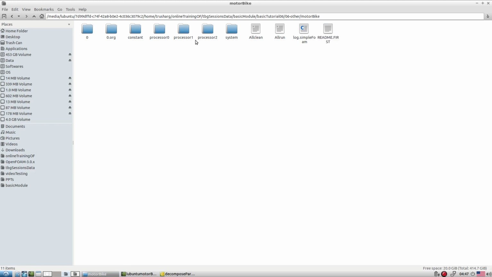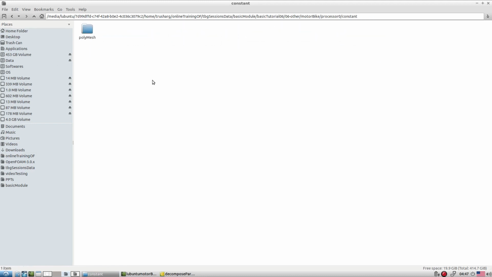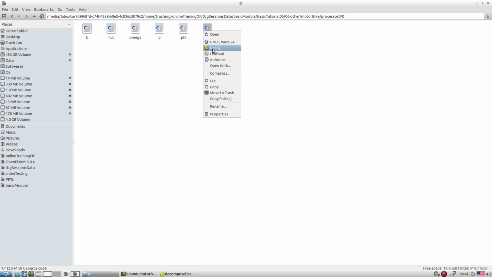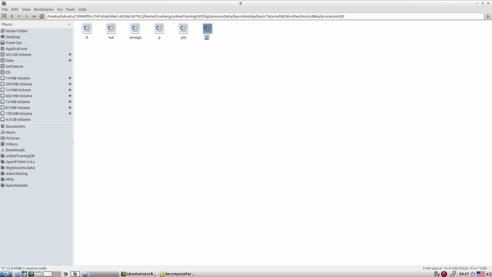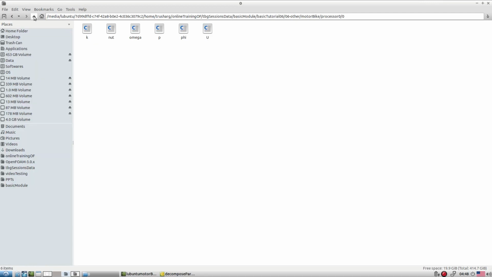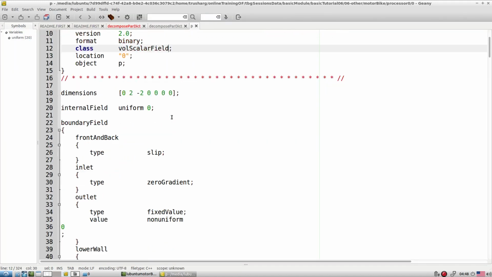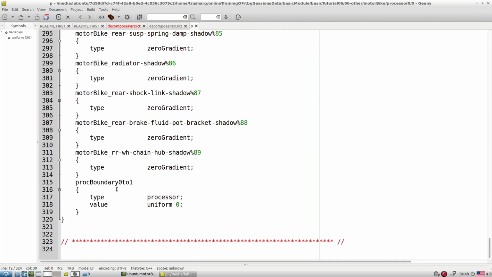So let's go to the processor level. In a processor directory, you have a constant folder that gives you the idea about the entire meshing size. That mesh portion is with that particular processor, and the 0 folder is about the boundary. So now if you go towards the boundary condition files, the p file, along with all these entries you also have a processor boundary.